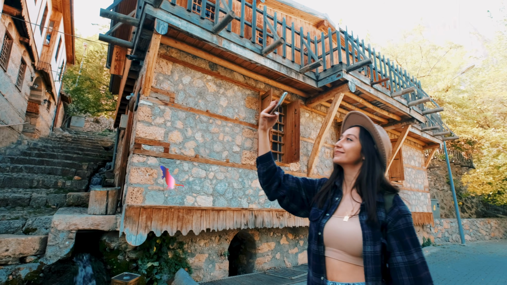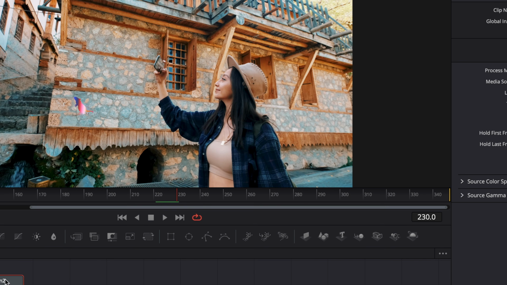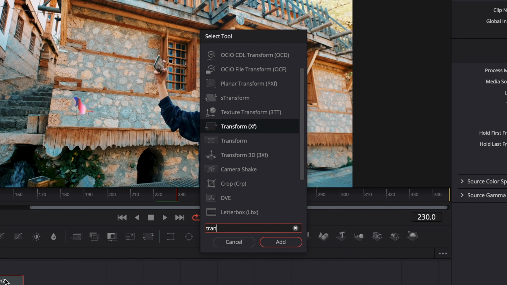But if you did want to transform some of that, you can't really do it like you would usually do over in the Edit tab where you've got all your transform tools in your inspector. So how do we do that easily? Well, just grab this media too, which is the rat that we've just brought in here, hit Shift, spacebar once again, and find something called Transform. And we'll make sure it's Transform, not Transform XF.